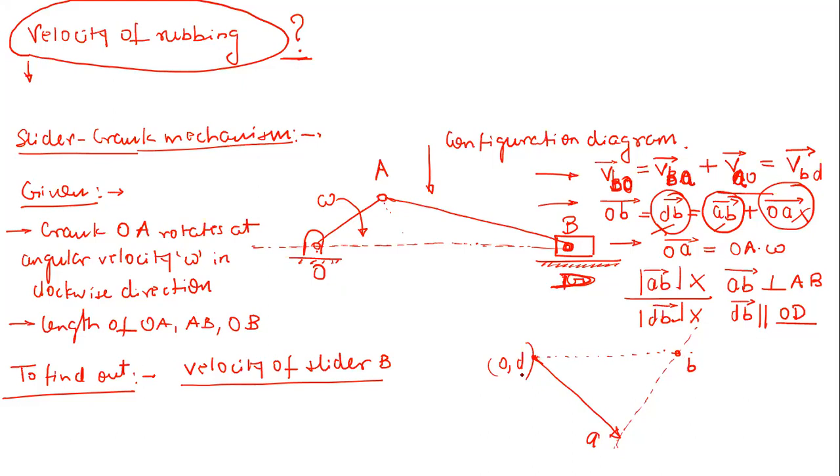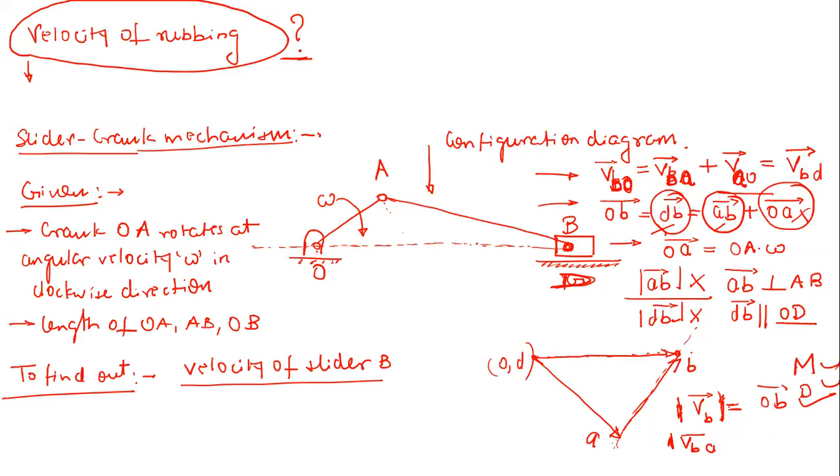Now, if you are interested to find out the velocity of a slider, so VB vector is simply equal to, right? VB vector is simply equal to what? This OB vector. Right. So now you can draw the solid lines, right? Okay. And now see, one vector, this is also known, another vector VBA, right? Now these are known in magnitude and direction both, right? So let me write down in short form, magnitude M, direction D. So both are known.